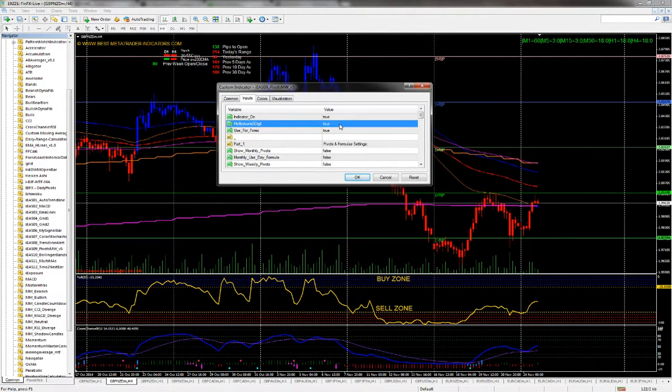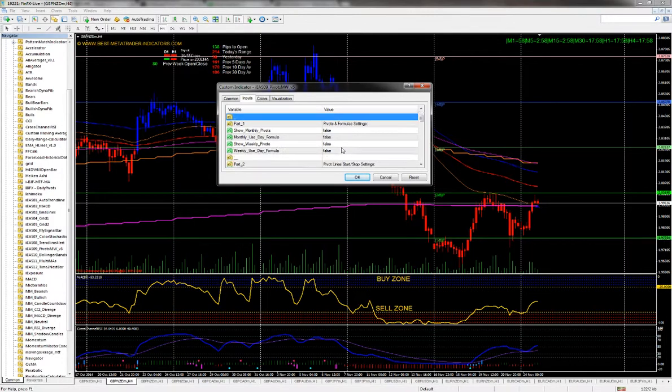So even though I have a 5-digit broker, I'm going to change that to false. And I'm going to turn on all of these settings. So that's show monthly pivots, use the daily formula, show weekly pivots, use the daily formula, and then we're going to come all the way down to the bottom,